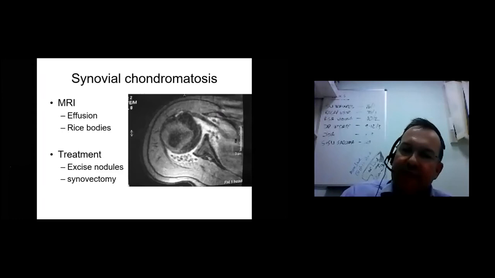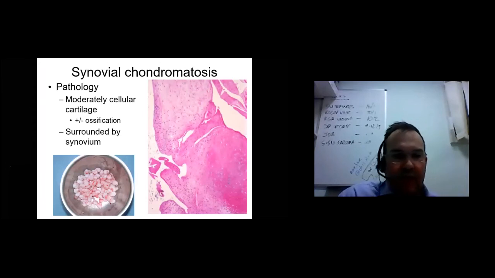Here's the characteristic MRI scan. This is taken from a shoulder joint. You can see here these nodules both at the front and at the back, this popcorn type calcification, and the treatment for this is an extensive synovectomy and to clear all of that disease. This is what it looks like when it comes out. So lots and lots of marbles in the dish, and the pathologist won't analyze all of those. Obviously, they'll just look at some that look a little bit more abnormal and to see if they can see